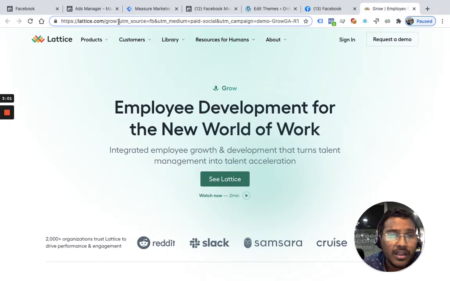Whenever you talk about key value pairs, you always add them in the URL as query parameters after a question mark. If I simply remove this question mark and load the URL, the page will break. The page will not work. So you put the URL and put a small question mark. That is where the actual query parameters start. And then you put key. Key is UTM source, value is FB.